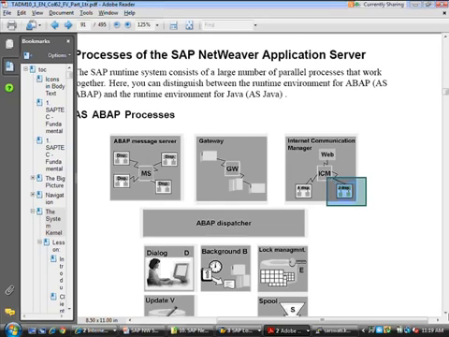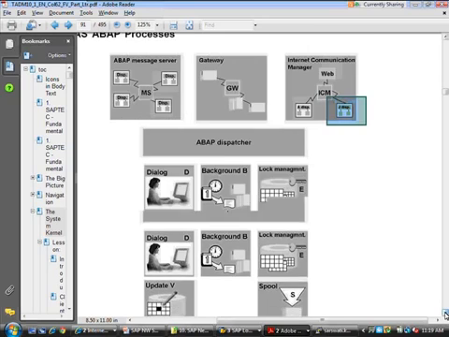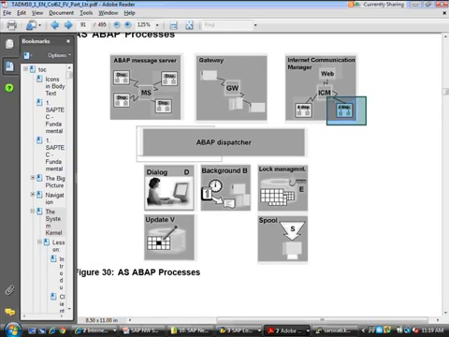Then comes the actual dispatcher. So if it's an ABAP stack, you have a dispatcher. This is the same as in a cab dispatcher, right? The responsibility of this work process dispatcher is to make sure that if there's an incoming request, somebody calling 1-800 yellow cab, right?